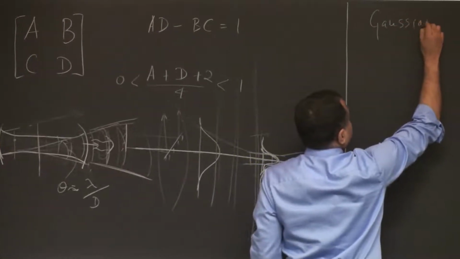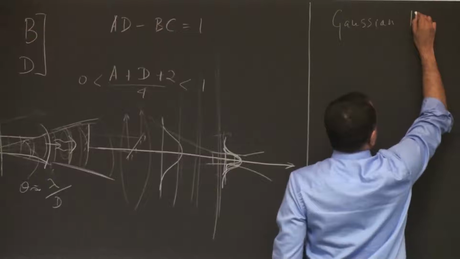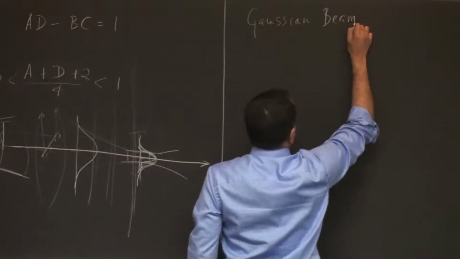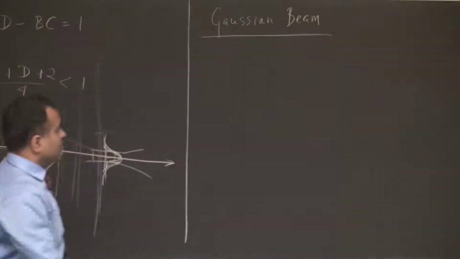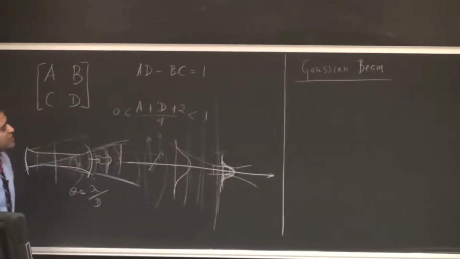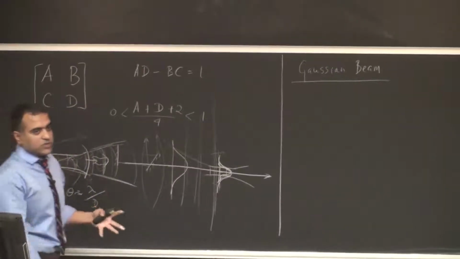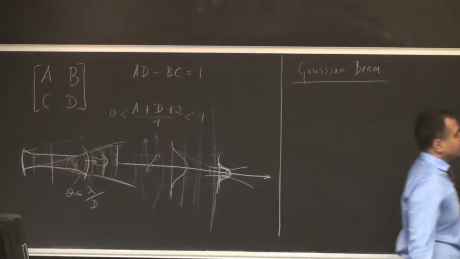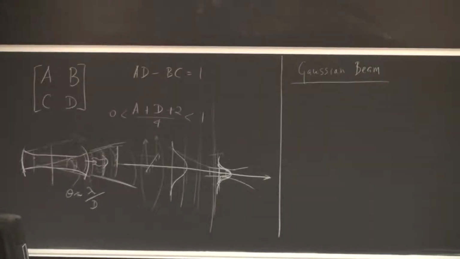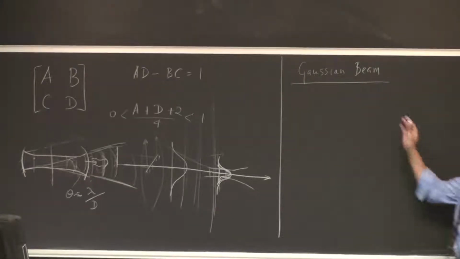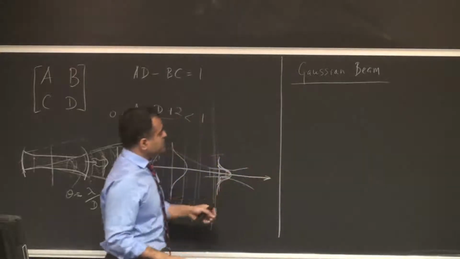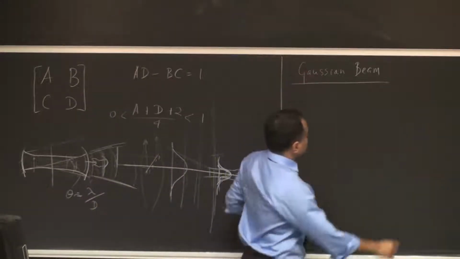This is a quick review. And one of the things I wanted to talk about today was that the Gaussian shape is only one of many possible modes of a laser beam. There are a few others which have nodes and multiple spots, and they have their own uses. But how did you get to the Gaussian beam?